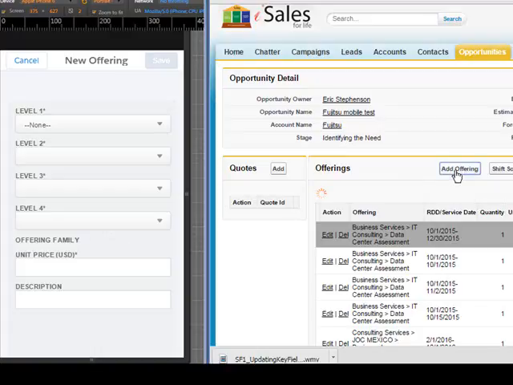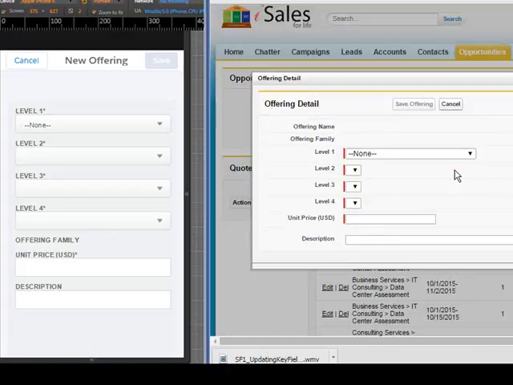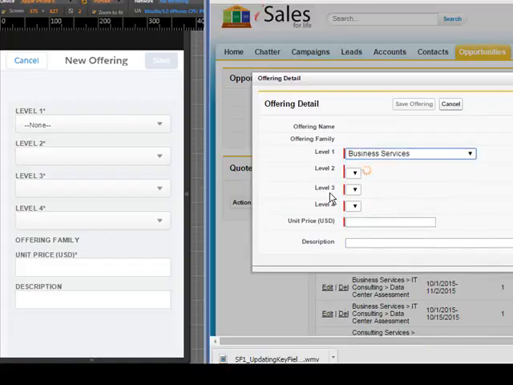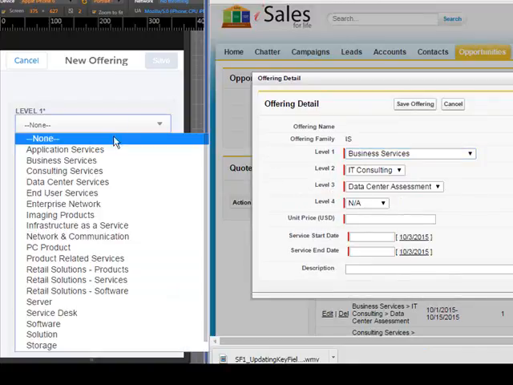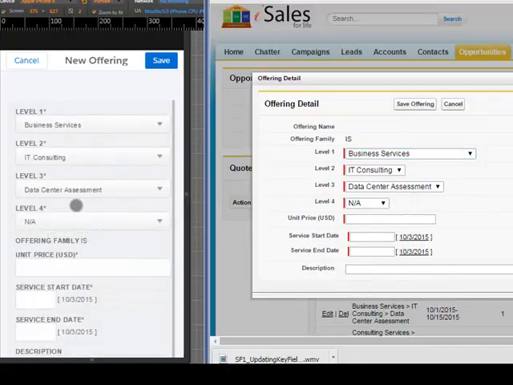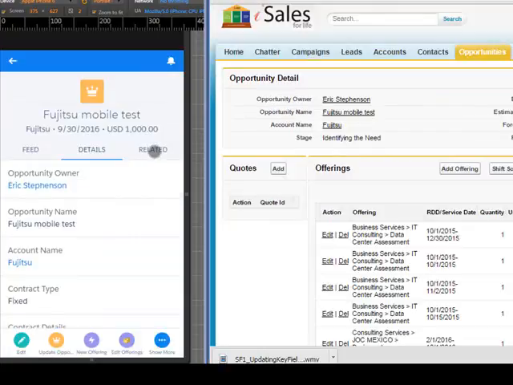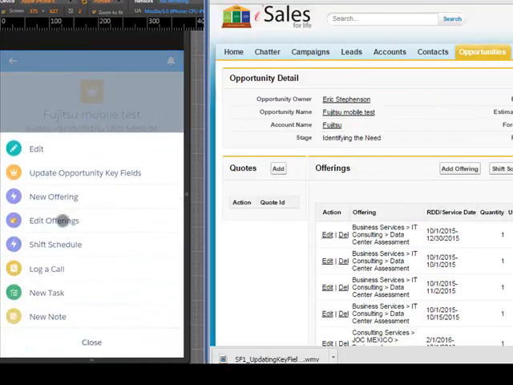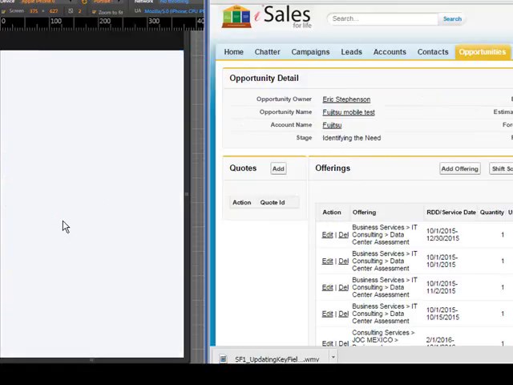we also over here have an add new offerings, where in both cases we have some Visualforce customization here to automatically populate fields to make it easier for users to find things. In this particular case, if there's only one value returned, it will automatically populate that value for the user. Again, because we couldn't create custom action buttons on products, we had to use the opportunity to handle our edit of the product offerings,